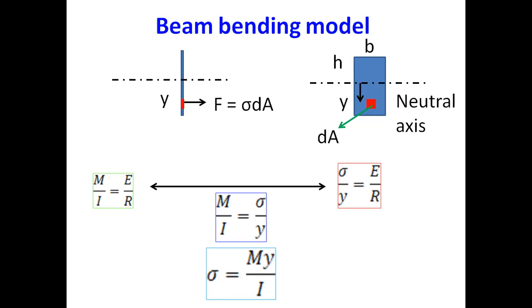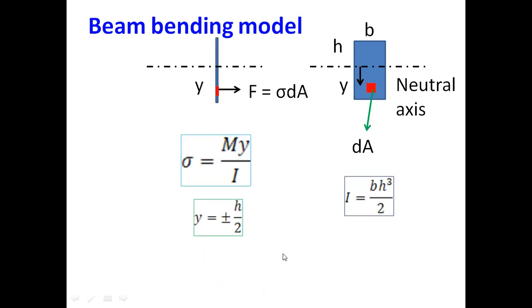So if we want to reduce the bending stresses in the beam, we could also play with the I, that is the second moment of cross-section area of the beam. With that, you could also control the bending stresses inside the beam. It means that the cross-sectional area also contributes to the bending stresses inside the beam. So we come up with the beam bending model.